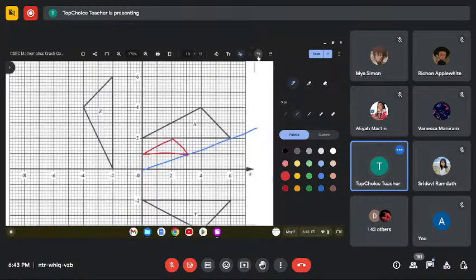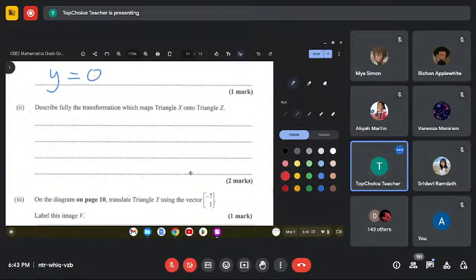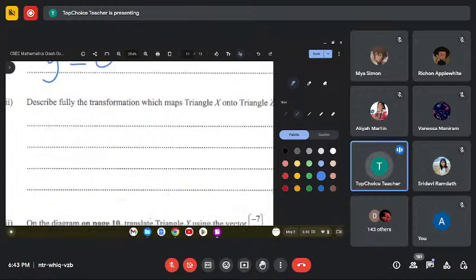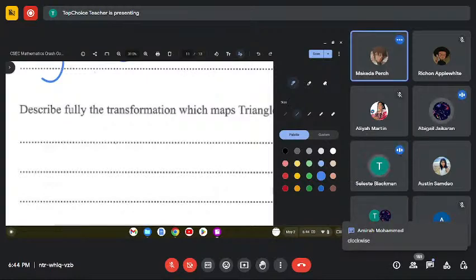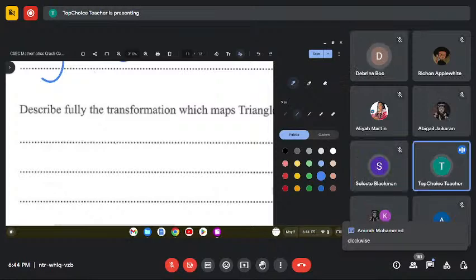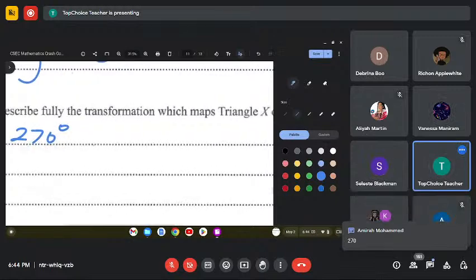Hopefully, I could put back my diagram. I put it back, and I'm going to write everything I said here for the answer. Do you all remember what I said? It was what type of rotation? It was a rotation, yes. But what type of rotation was it? Was it clockwise or anti-clockwise? Clockwise. Right. And how many degrees was the rotation? 270. So I'm going to put 270 degree,